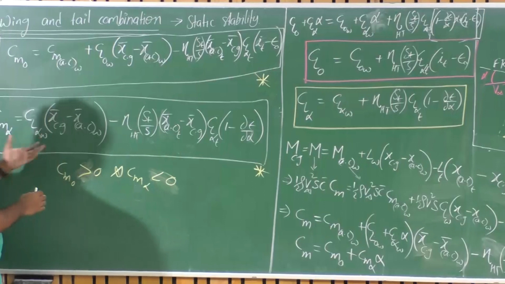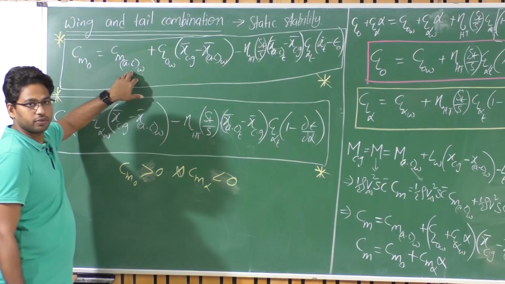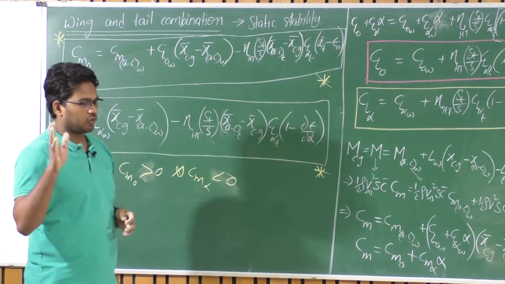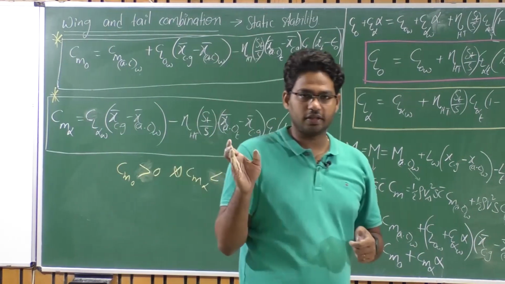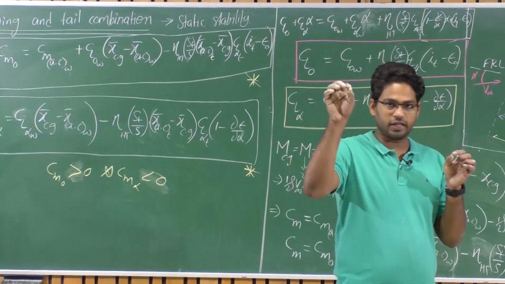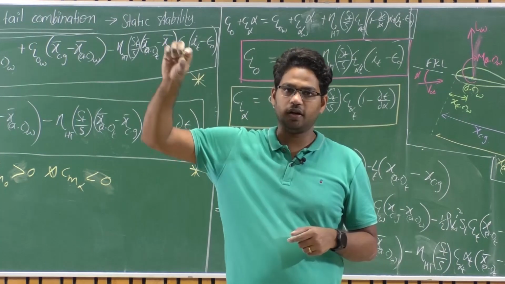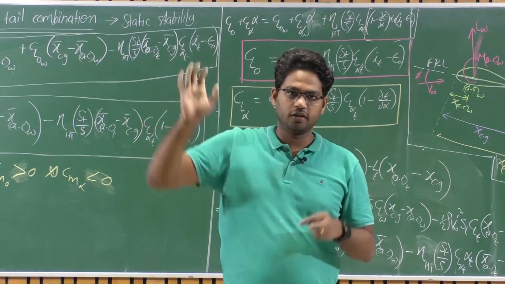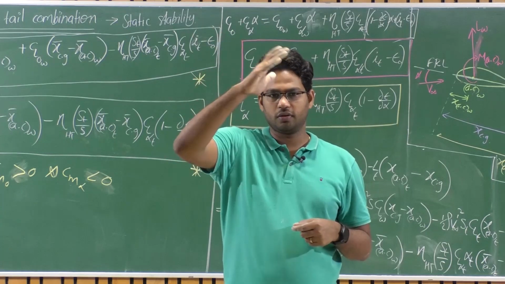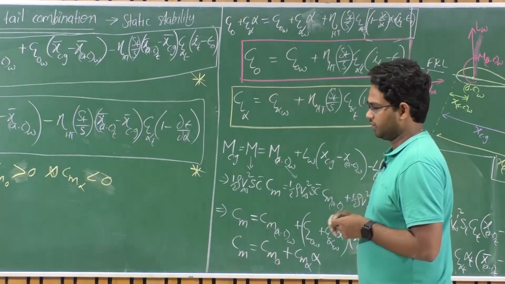Now looking at the Cm naught term, the CMAC of the wing, let us say if you use a cambered aerofoil, is negative, right? In a previous lecture when we talked about reflex aerofoil, you witnessed that the CL alpha is comparatively very less, isn't it? CL alpha of the aerofoil itself is less. Why? Because you need to compromise with the camber. Towards the trailing edge, for a reflex aerofoil, it will be bent upwards, right, to provide a pitch up. It obstructs the flow and pushes it down, so it gives a couple at each and every angle of attack.